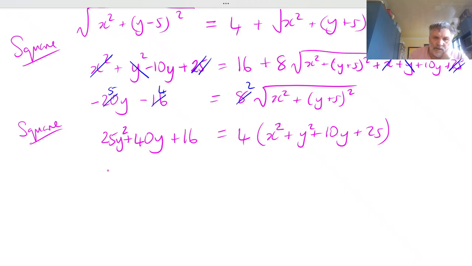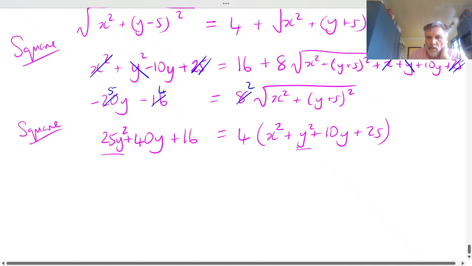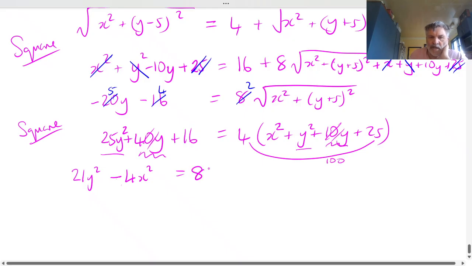And now if we collect together terms, we've got 25y squared here, and 4y squared on this side, so it's going to become 21y squared. We've got 40y, and we've got 4 times 10, that's 40y. They will cancel. And we've got 4x squared here, that's going to become minus 4x squared. And we've got 4 times 25 is 100, take away 16, that's 84. And we get an equation in the form that they want,